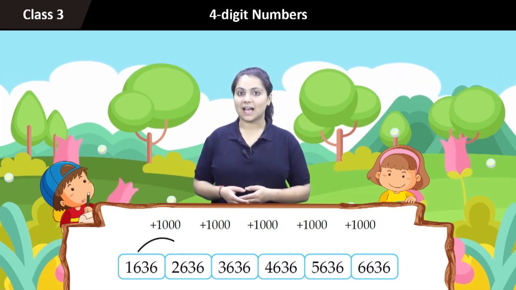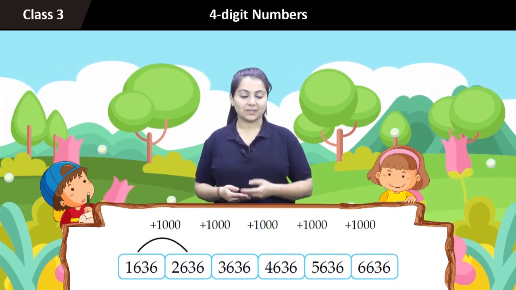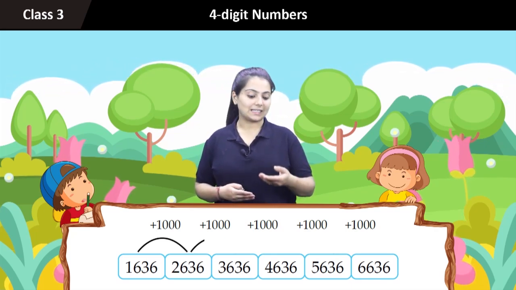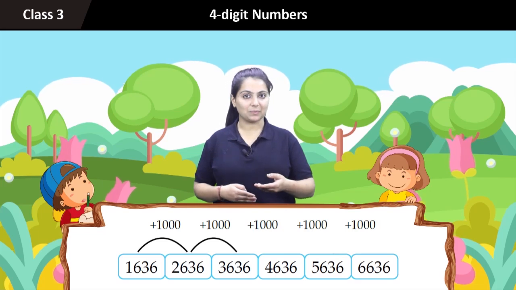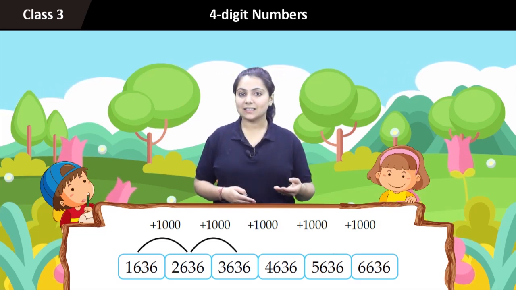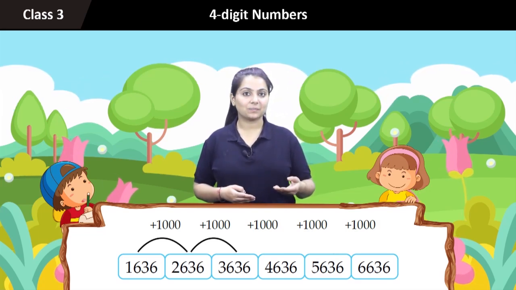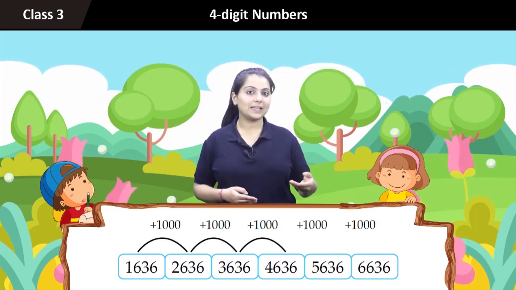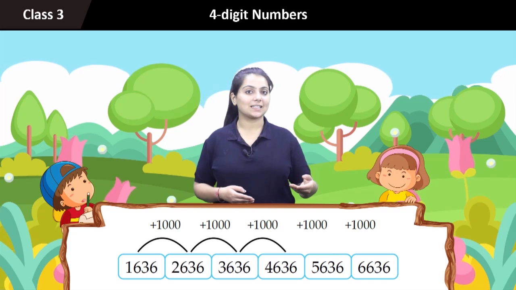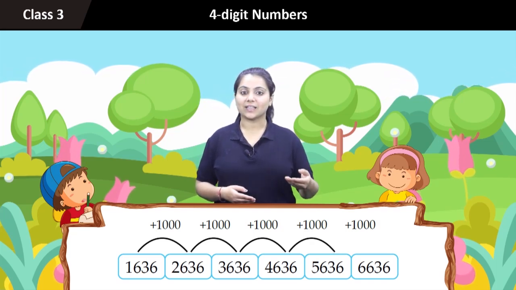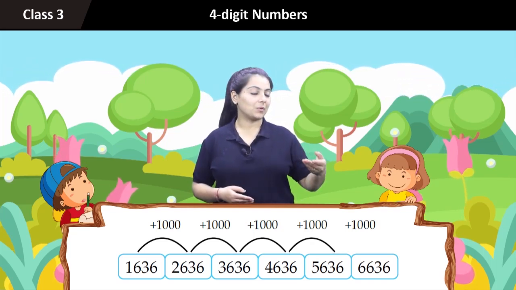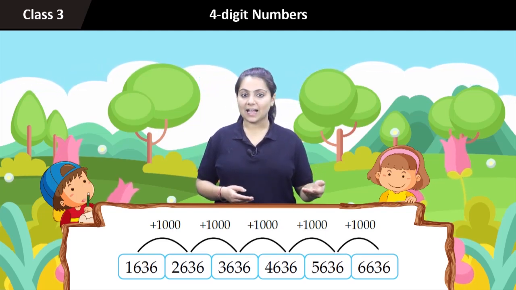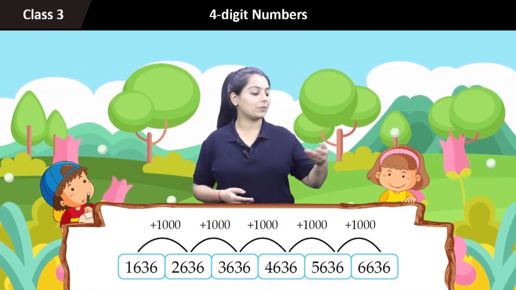1636. Let's add 1000 to this number. Number will be 2636. Let's add 1000 again to this number. The number will be 3636. Again let's add 1000 to this number. The number will be 4636. Let's add 1000 to this number. The number will be 5636. And again add 1000 to this number. The number will be